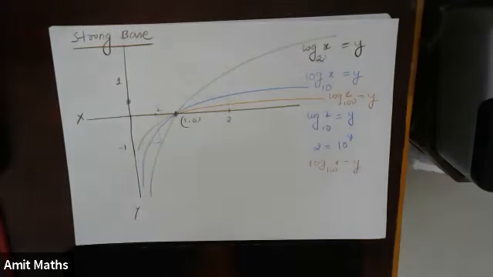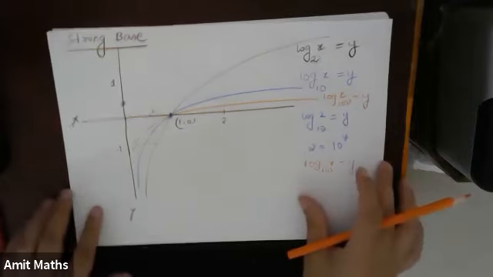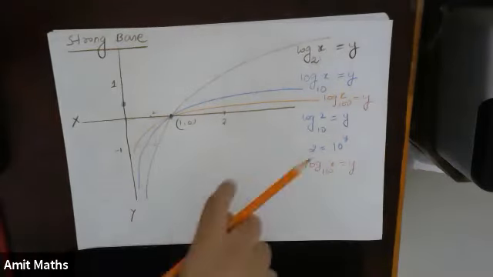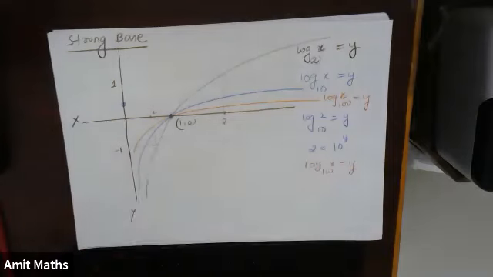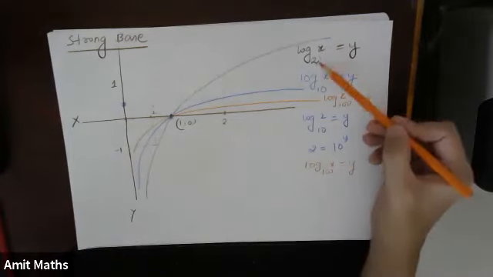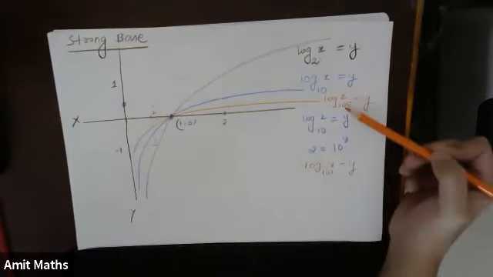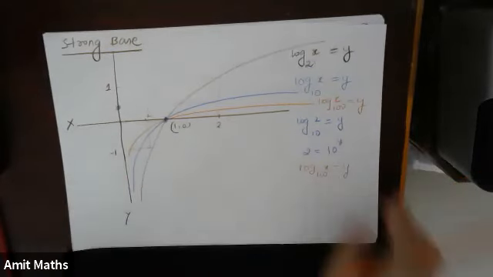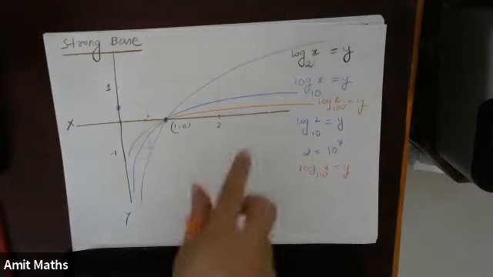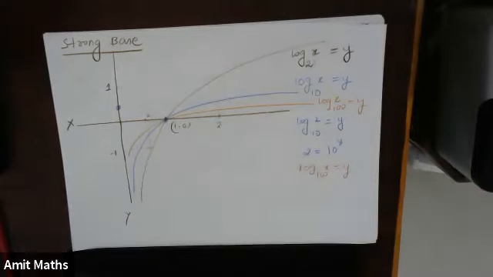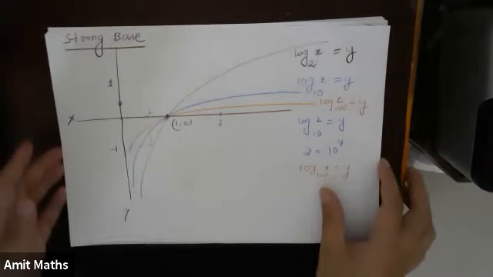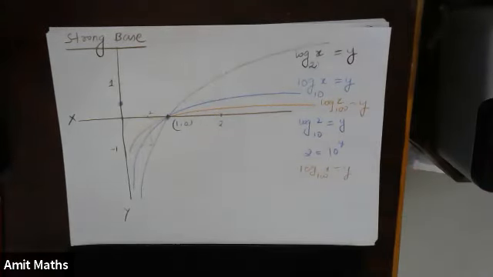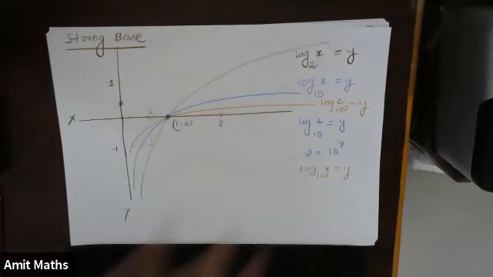Understood? So just make a note of that. I want you to draw this whole diagram once by yourself and plot log x base 2, log x base 10 and log x base 100 equals y, and on the left hand side. Then we move on to the exponential function, sorry, with weak base. Just draw this fast. Look at the diagram, exactly the same, just repeat it, draw it once.